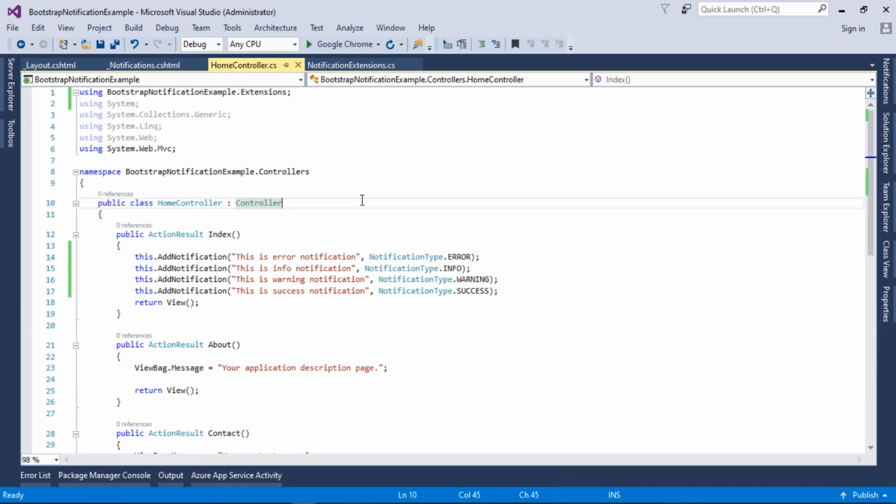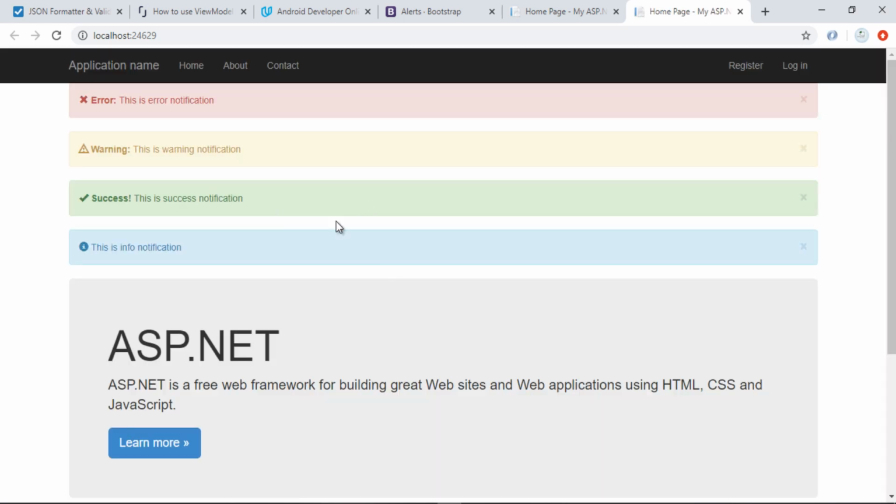Now I will run this application by pressing Ctrl F5. As you can see, guys, different types of notifications are displayed, which we passed from the controller.